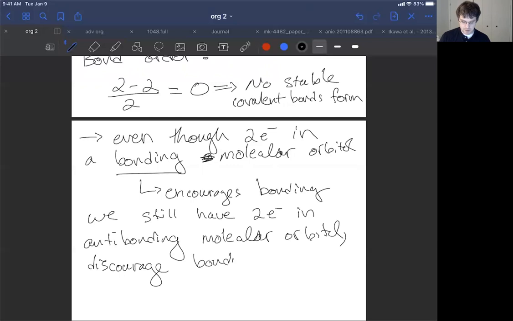And if we discourage bonding, then we don't see bonds form, right? So these discourage bonds,